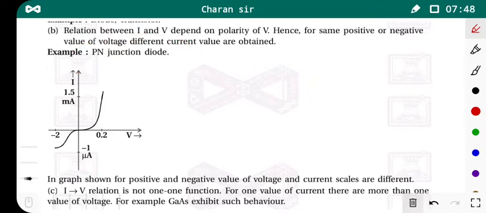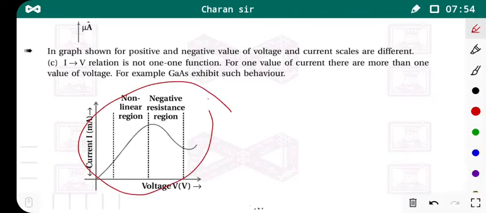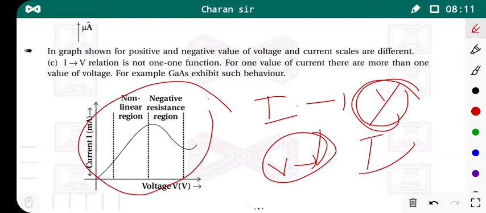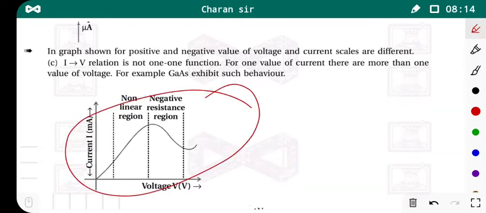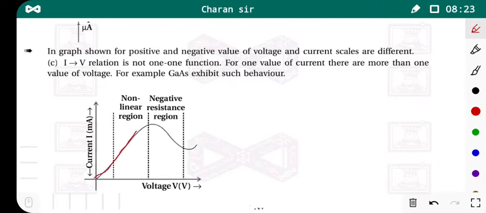Now we consider the third case. You can see in this case we studied that for one value of the current you get more than one value of voltage. That means your voltage has more than one value for a single value of the current. You can see here from this graph. Here you have a graph between current and voltage. Here you can see when your voltage is increased, current is also increased. When this reaches here, you can see this is nearly the same value of the current in this portion.